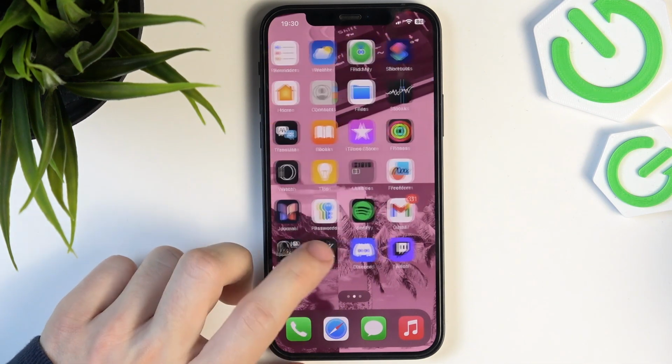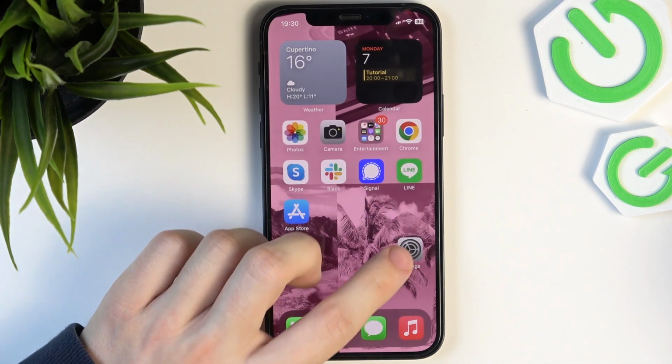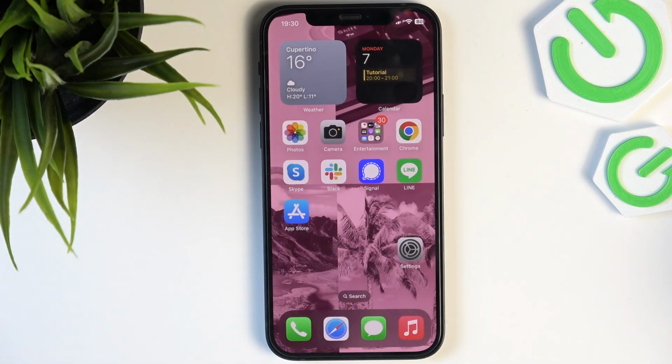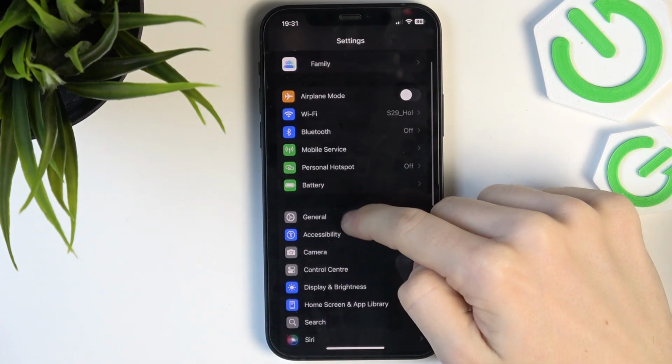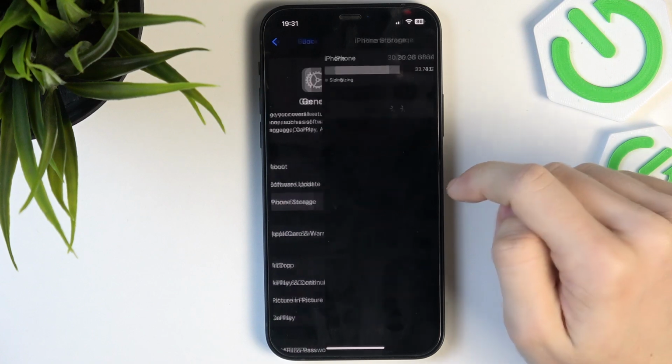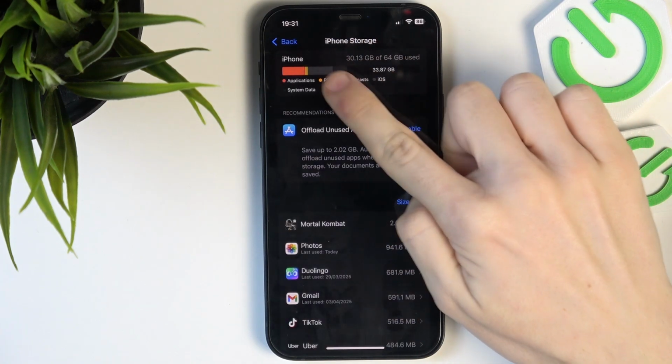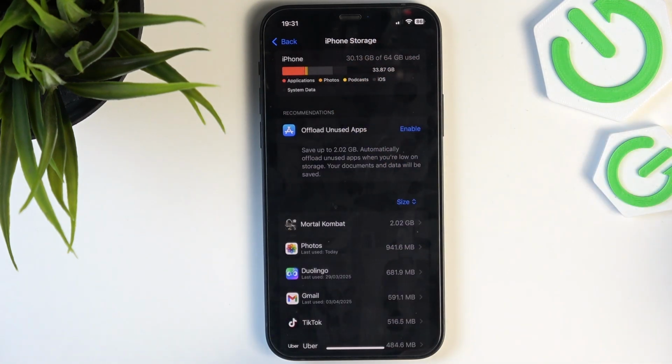If it still doesn't, then there is the last solution that I can show you, which is freeing up some storage on your phone. Because even though I know that each app takes up some storage of its own, it still needs some free storage on your iPhone to cache some of its files. And you can easily free up your storage by going to settings, then general, iPhone storage, and here you can see that I have lots of storage free, but